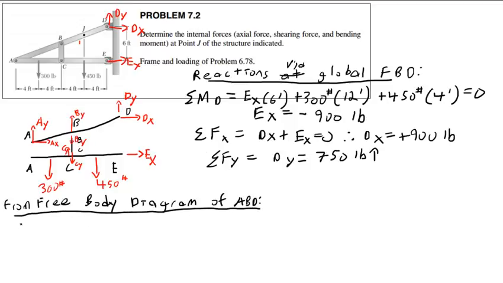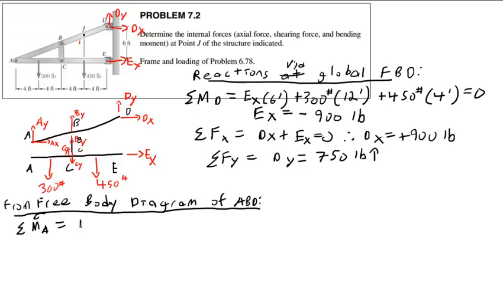Well, the first thing I'm going to do is a sum of moments about point A. A sum of moments about point A. And what that will do is I will have